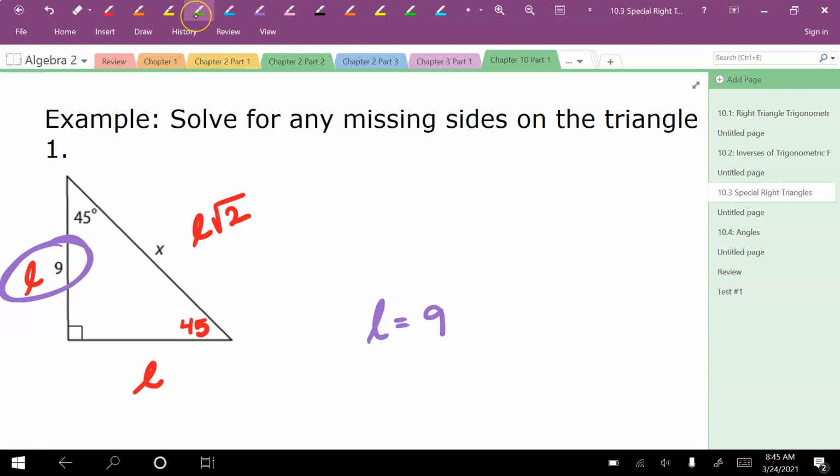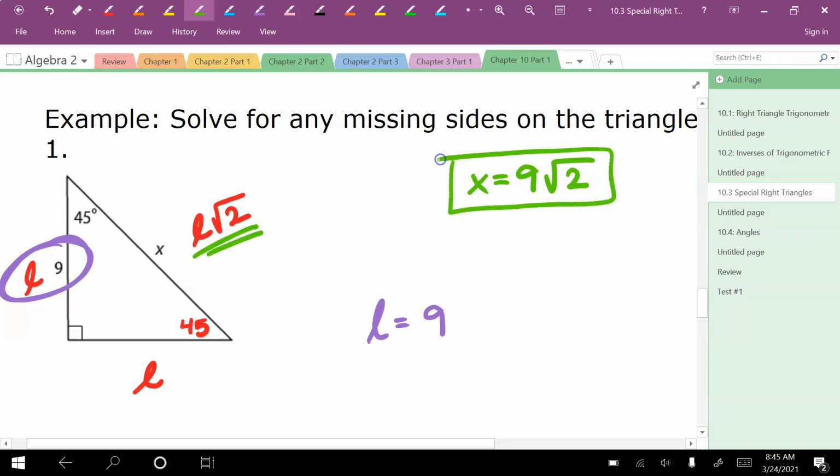So x is just going to be that L value, so the 9, times the square root of 2, because I just plug it into there. That's my answer. Again, this is probably the simplest case you're going to see when it comes to a 45, 45, 90. If they give you one of those sides right away, you just have to plug it in. Now, number 2,